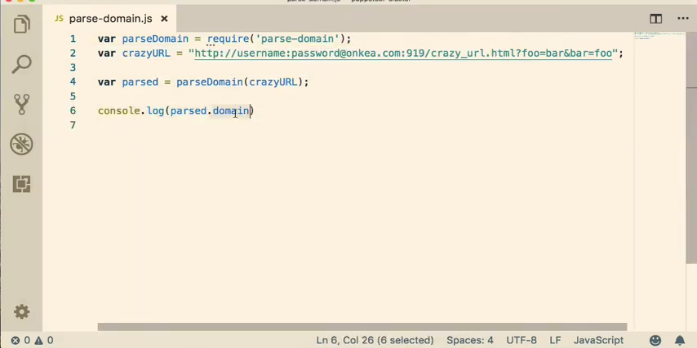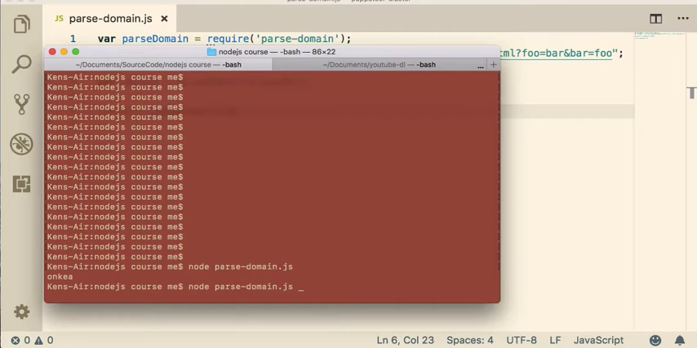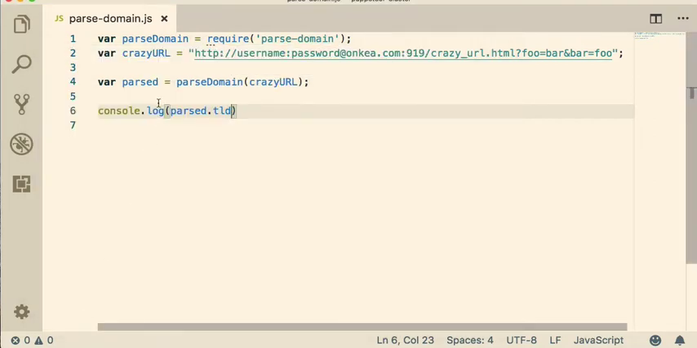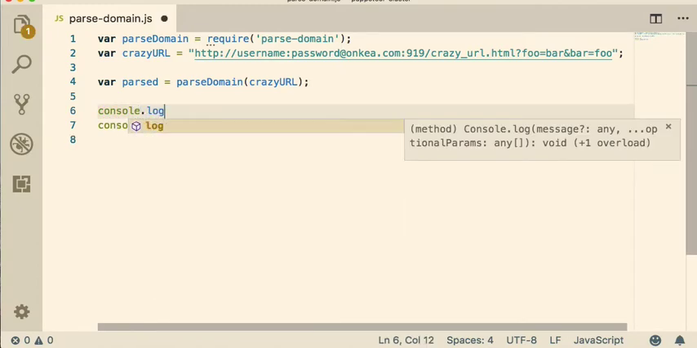And if we make a little change here, we can do TLD, and so that'll get us the top level of the domain. And now you can see it's just com. So how about if we wanted both? So then we could do console.log